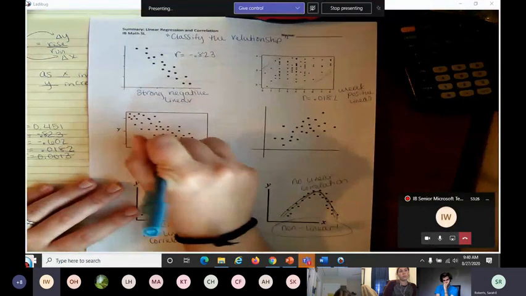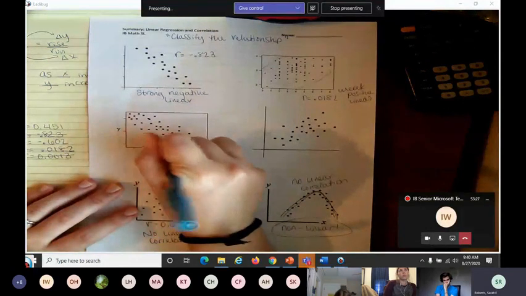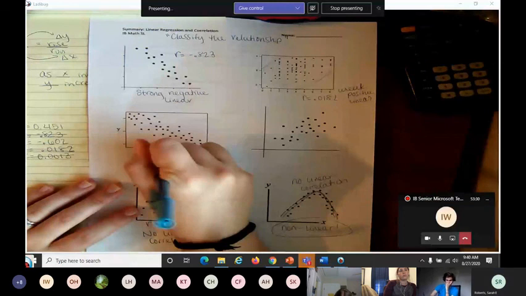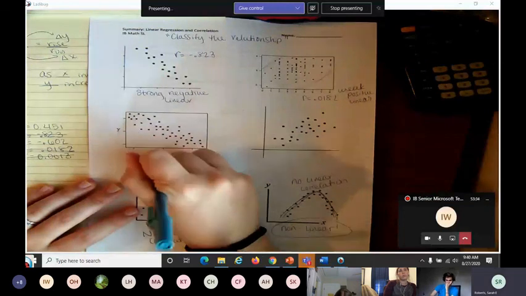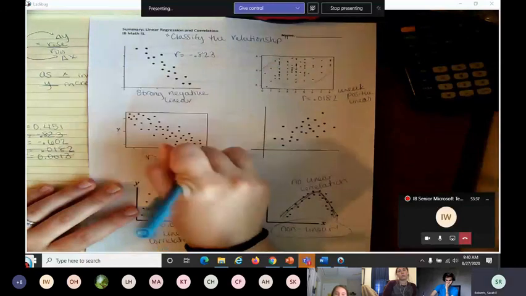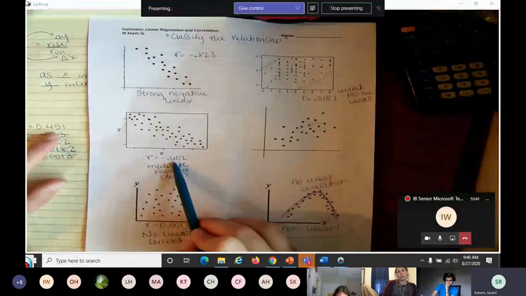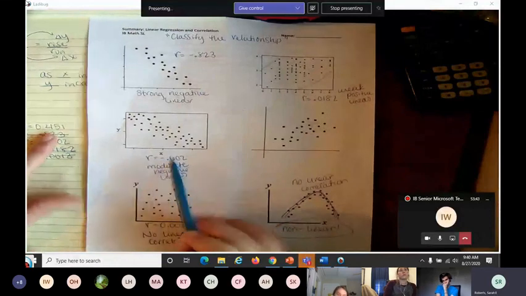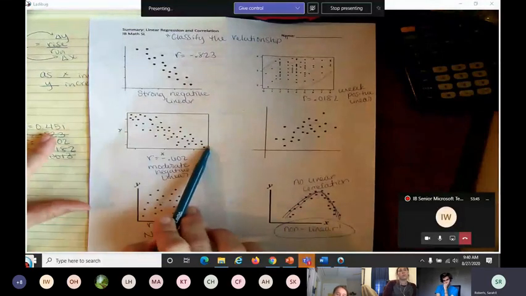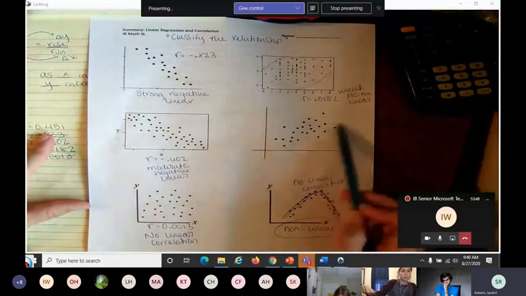So R is going to be negative 0.602, and it's going to be moderate, negative, and linear. And you can even see 0.6 is a little bit bigger than a half. So it's a little stronger, 0.4 is a little less than a half, and it's a little